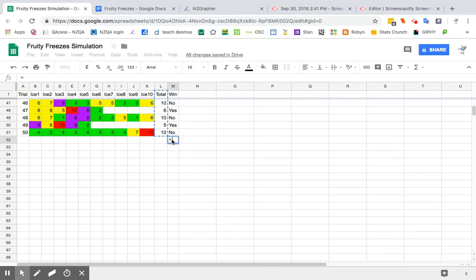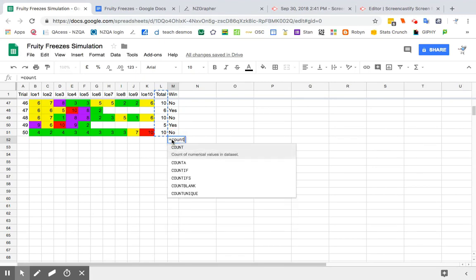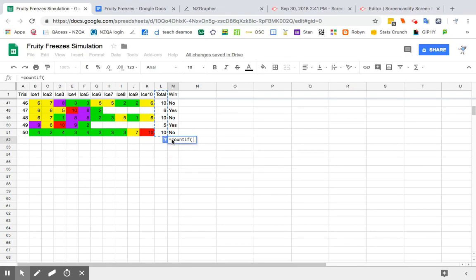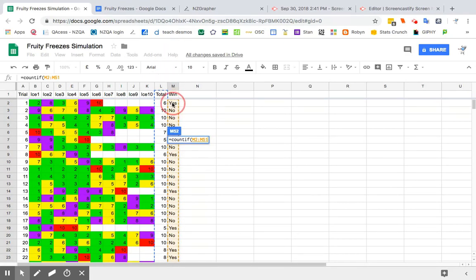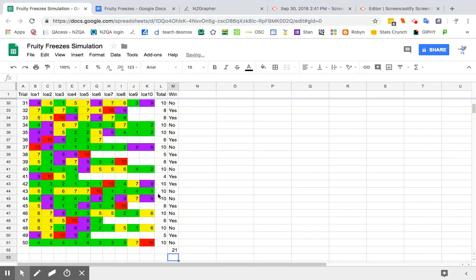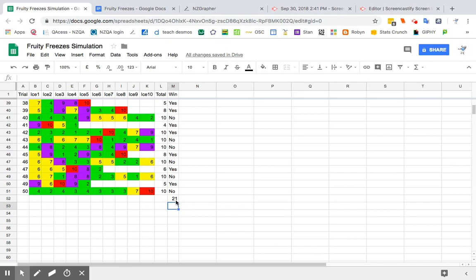So I'm going to type in a formula, equals COUNTIF, open bracket, and select all of these ones here. I'm going to count that from there, comma, and then quote marks, yes, and close bracket. So what has happened now is it has counted and found that there are 21 yeses